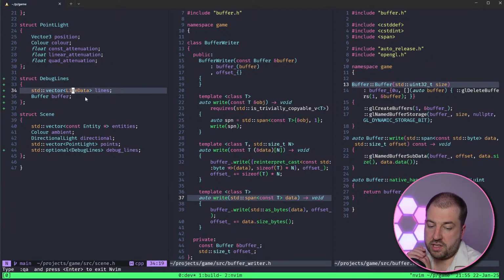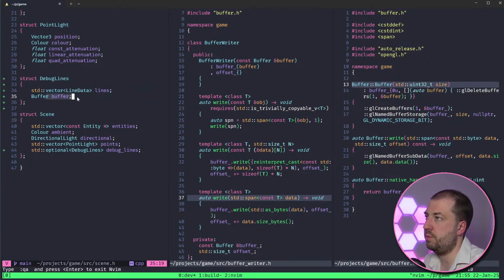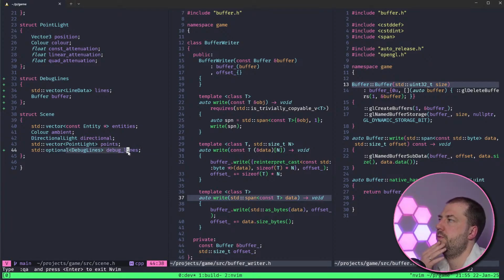The buffer size is set at the scene render construction. The buffer size will be set when you create this debug lines object, and because it's optional, it'll start off empty, or is empty the right word? Yeah, unset, empty, which you can query for. And then each frame, I basically just replace the optional one here with a new one with the latest line